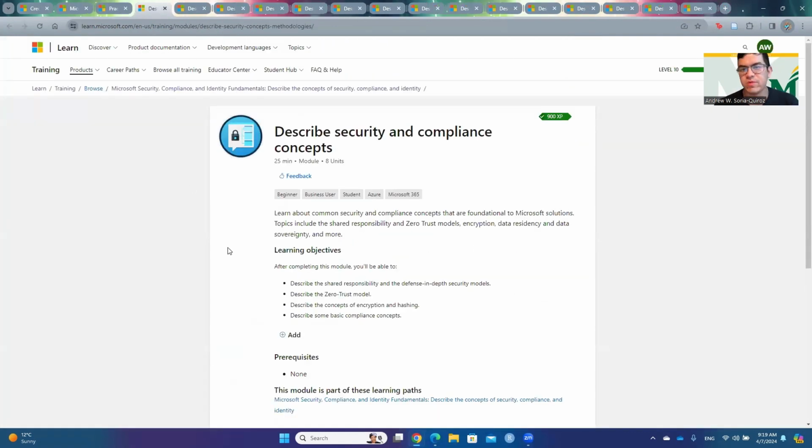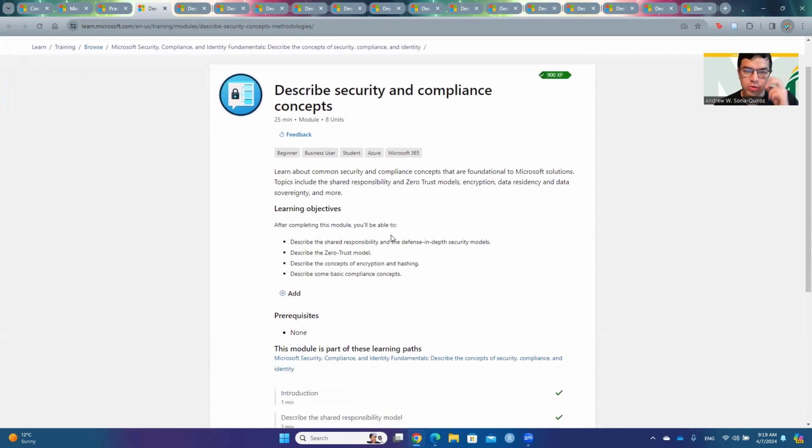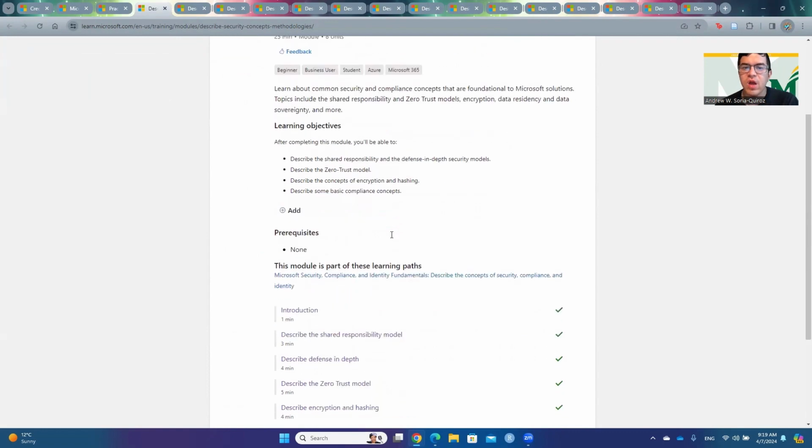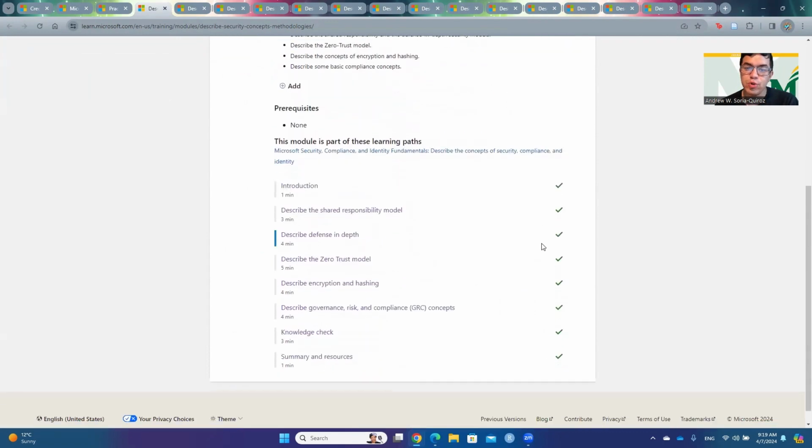The first one is the most basic one. Describe security and compliance concepts. You will go through a lot of Microsoft solutions and see things like the zero trust model, encryption, data residency, and data sovereignty. With this, you want to know that, at least from my perspective, similar to other Microsoft certifications,